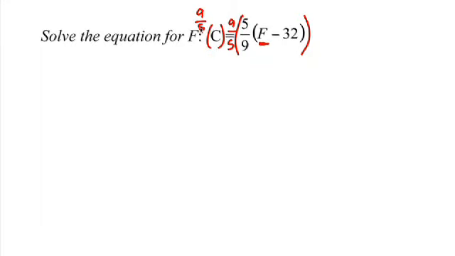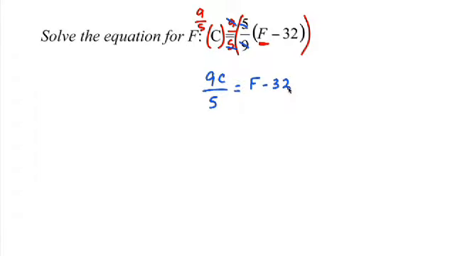Now, this gets a little confusing for some students. By multiplying by 9/5, this c on the left side is actually in the numerator. So our new problem becomes 9c over 5. And the right side, well, these all cancel out to 1, and 1 times anything is itself, so you can actually drop the parentheses and you're left with f minus 32. Right, so the whole key step to this one is multiplying by that reciprocal. Remember, when you multiply any fraction by its reciprocal, you get 1, and that was our goal. Our goal was to clear the fraction.